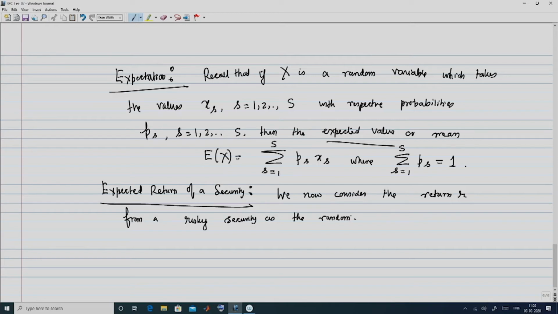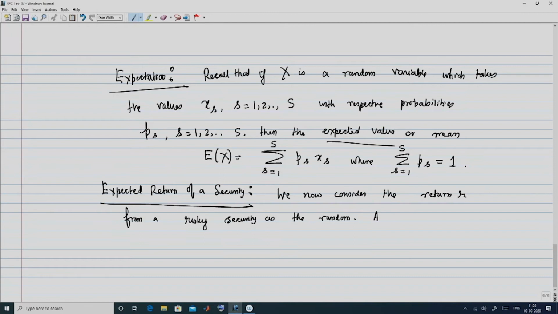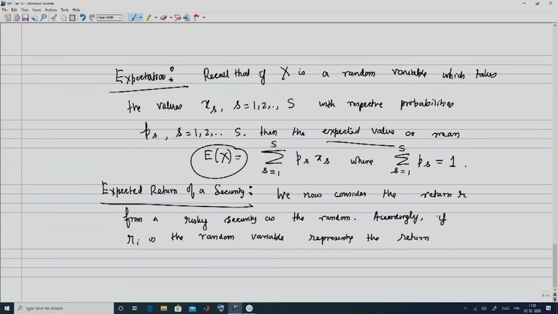So, here I am choosing the candidate for x to be the return from any particular asset. Now I will extend this definition of E of x to that of the return of a security. So, if Ri is the random variable representing the return on security i, I choose some generic security which I call the ith security,